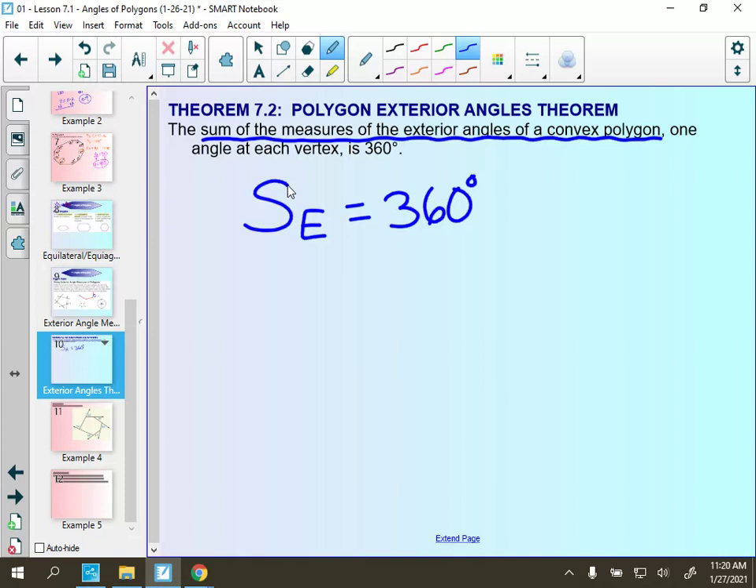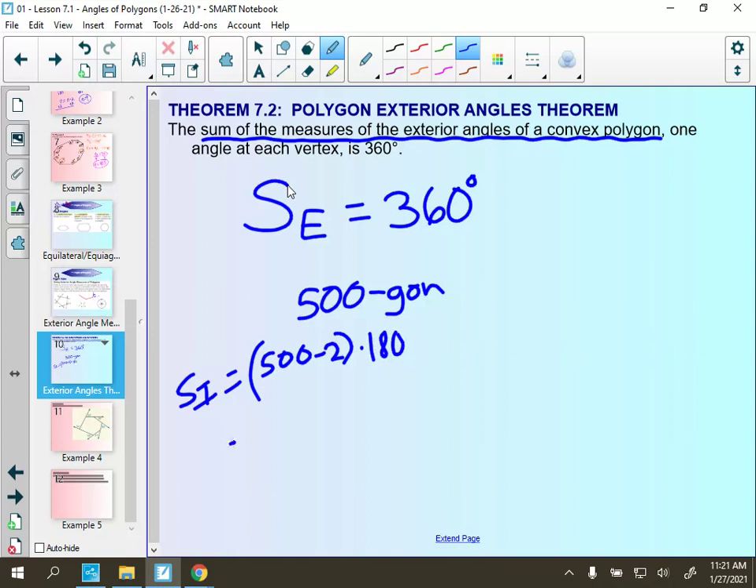Right, so let's use that example. For a 500-gon, holy cow, 500 sides. There's no way you could draw that. But for the interior angles, that's a little bit of a calculation. 500 minus 2 times 180. Is this going to overload my calculator? I don't know. Probably not. 498 times 180. Oh, the sum of the interior angles adds up to